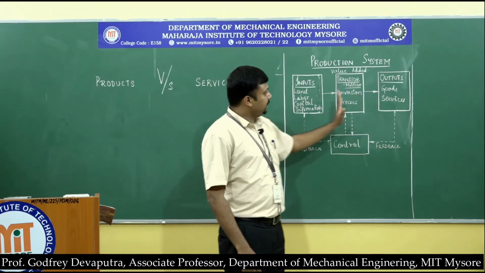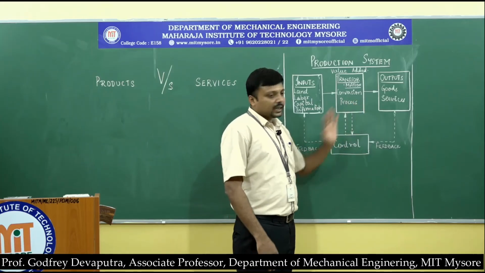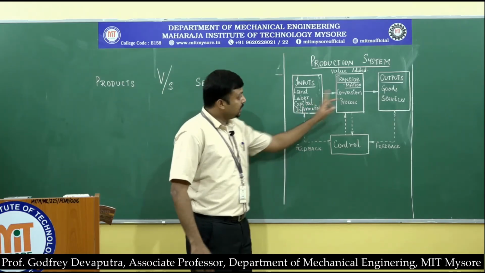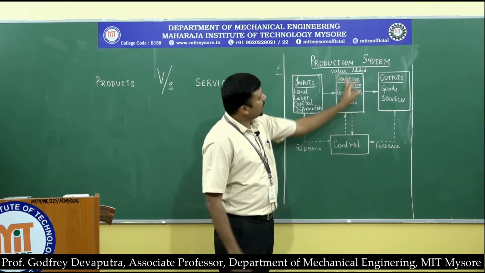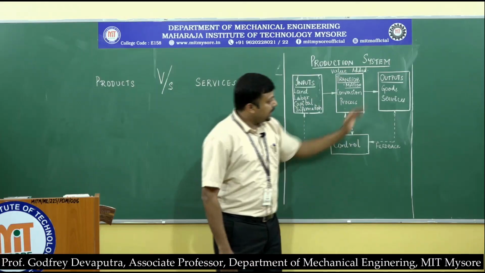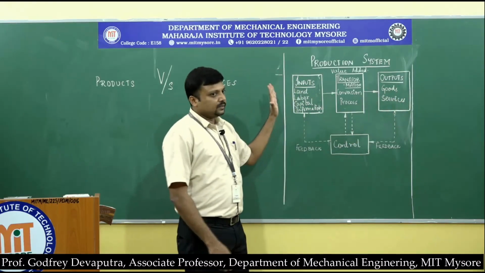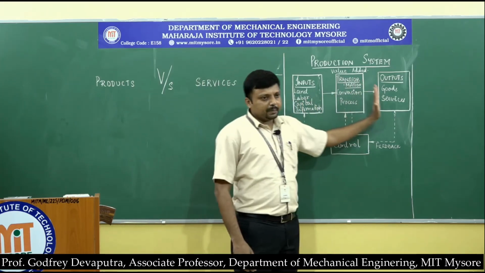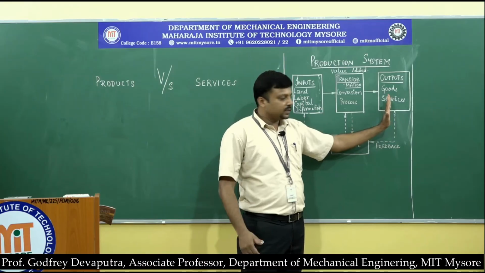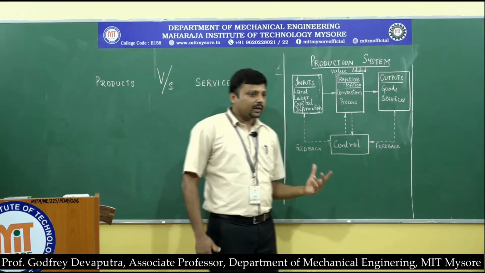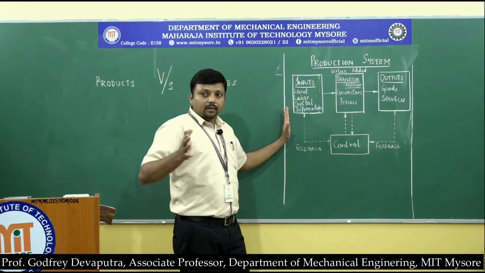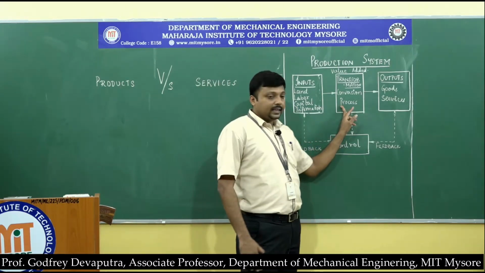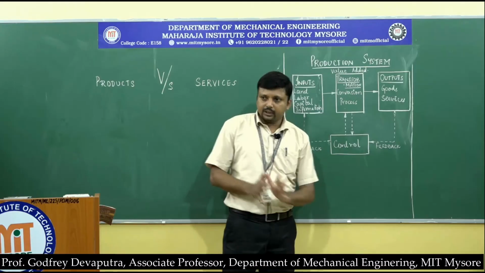All these things are given to the transformation phase wherein the conversion process happens. Now what happens to this land, labor, capital and information in this conversion process is something which is called value addition. The end product is always costlier than the input ones. You are going to ask people who buy the products or the services towards the end to give you more money than the kind of money that was paid for the input raw materials. So therefore, here in the conversion process, something called value addition is taking place.